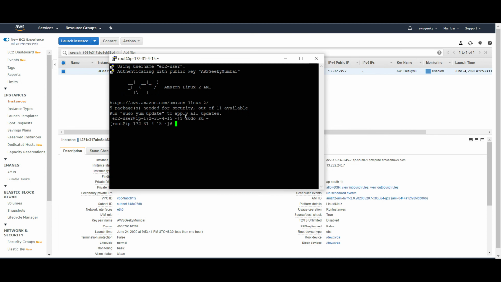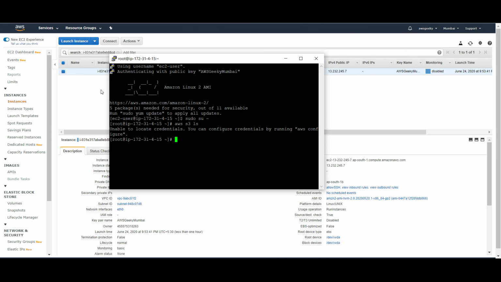Okay, how about getting the list of all buckets in my S3? So how do I do that? AWS followed by the service name. So I'm interested in S3 and then the action which I want to take. So I want to get the list of all the buckets. So ls. So it says unable to locate the credentials. So now what I have to do is attach the role to this EC2 instance and then come back to